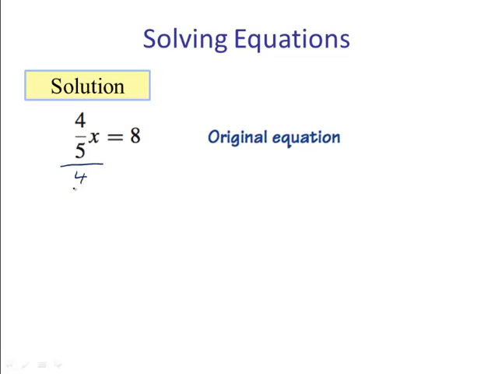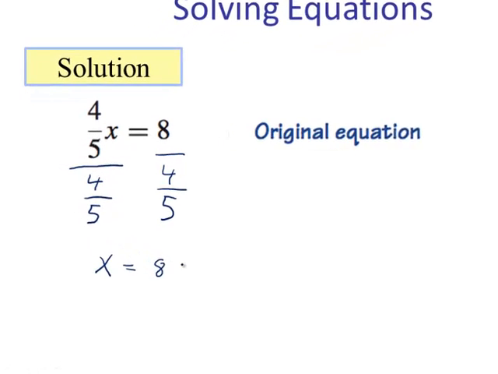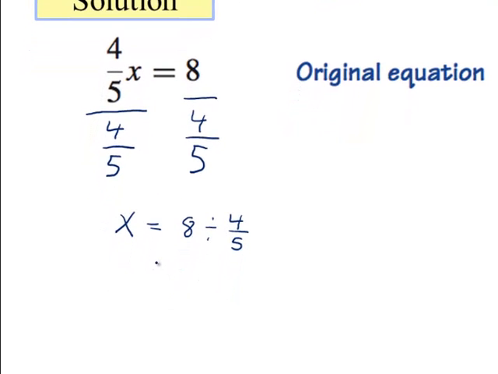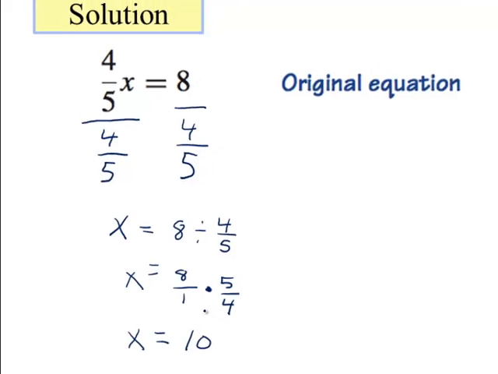So we can divide by 4/5, and if we divide this side by 4/5, we have to divide this side by 4/5. These cancel, we're left with x. So we have 8 divided by 4/5, and we can compute that by hand. 8 over 1, change this to multiplication, and flip. So we have x equals